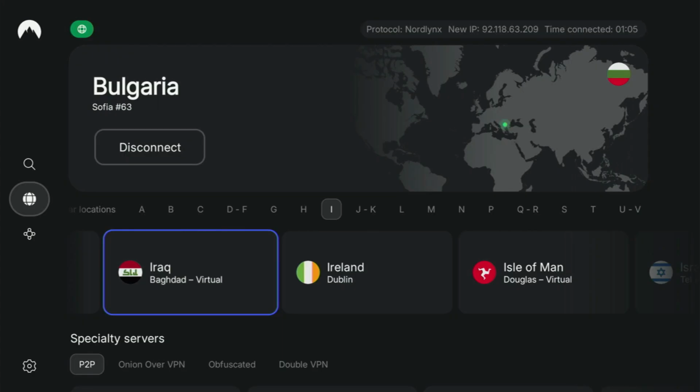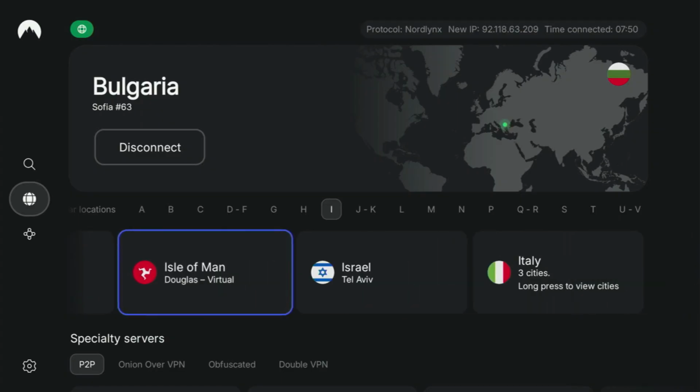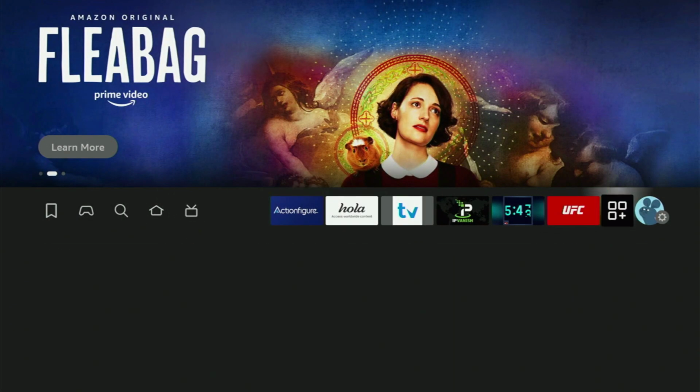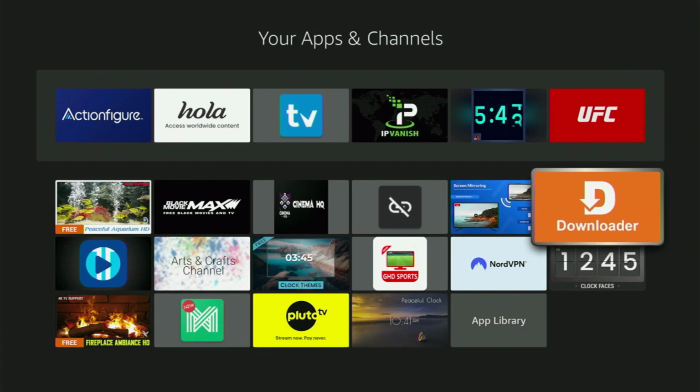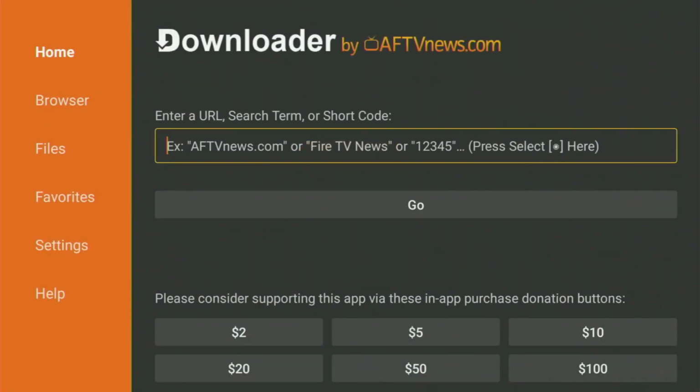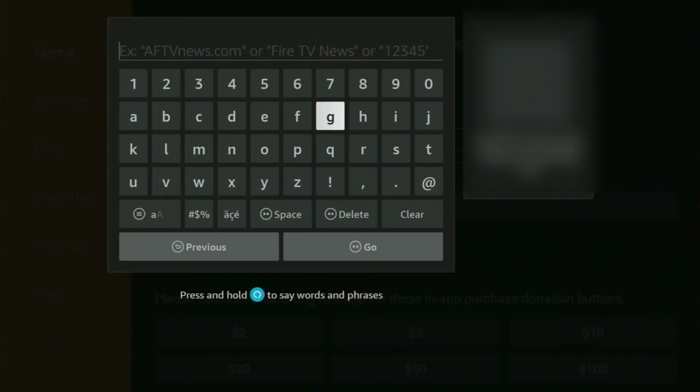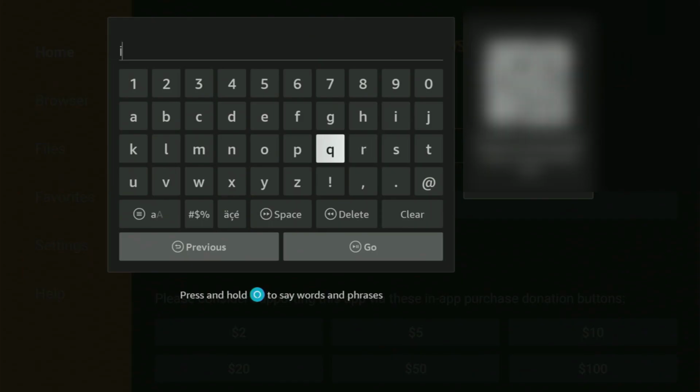And now, finally, let's use Downloader safely. Let's get back to the list of apps on your Fire Stick. Here it is, let's open it together. Wait a moment until it loads. And now there is the downloader. So we open it, and here in the search bar we have to enter a link, which will be IPTV